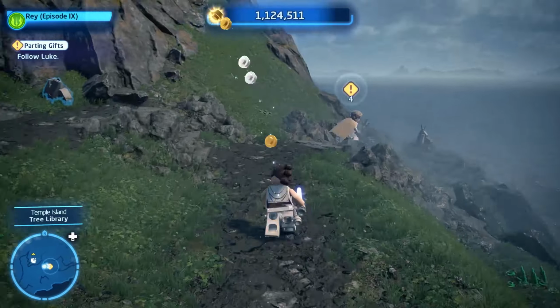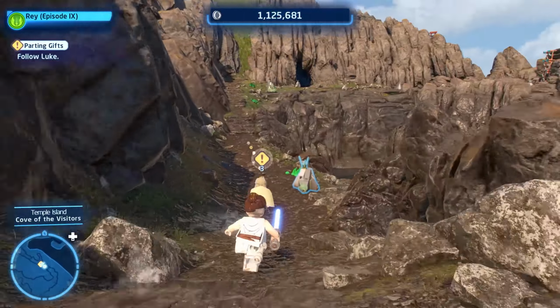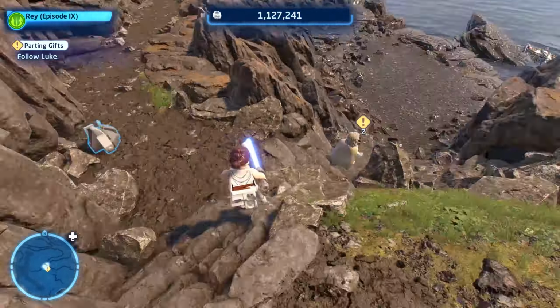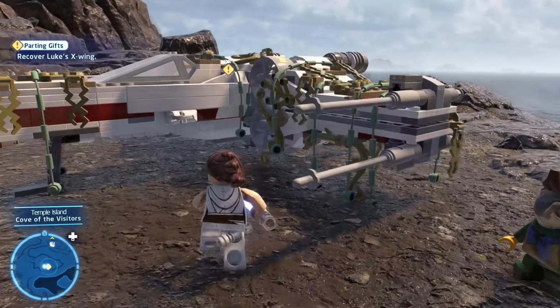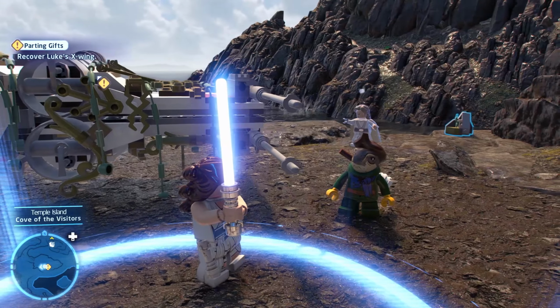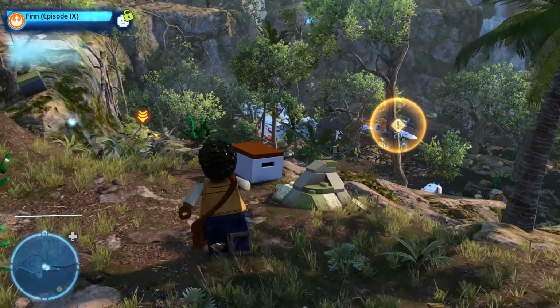I almost was in disbelief when I played this part. I almost couldn't believe that they actually made us do this. Like, you call this gameplay. I don't know what this is. This is really absurd to me. And then we can pull an X-Wing out of the ocean, and now we can fly to Palpatine. So we'll jump on into the X-Wing. Now that we finished the most boring part of the level by far,